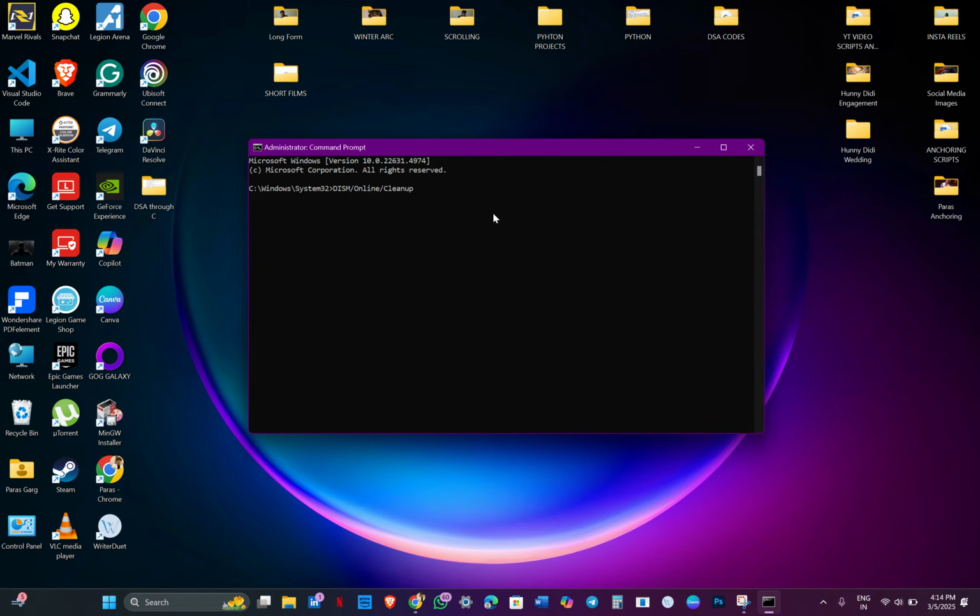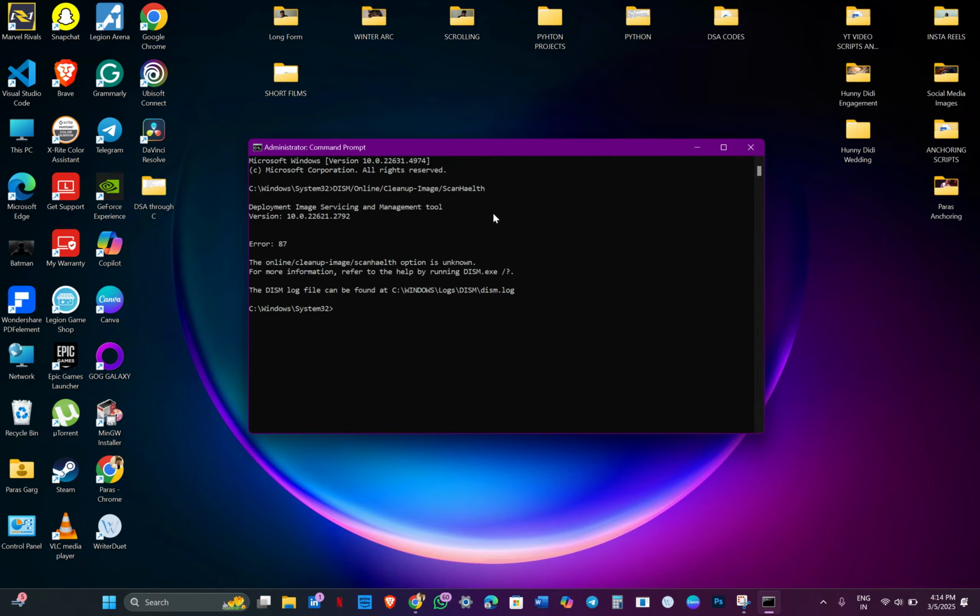/cleanup-image /scanhealth. Now this is for the advanced scan. Once the scan is complete, and if it finds an error, simply type another code, which is DISM